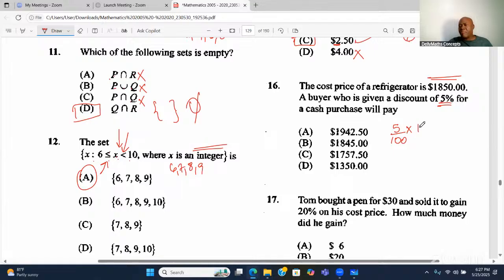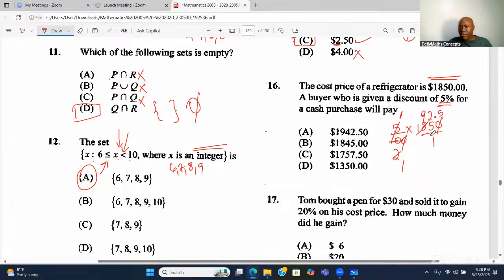They find their 5% and then they subtract it. You could do that if you want. So you could cancel this and that. And then you're like, 5 into itself is 1. 5 into 10 is 2. And then 2 into itself is 1. And then you keep going. 2 into the 18 is 9. And then